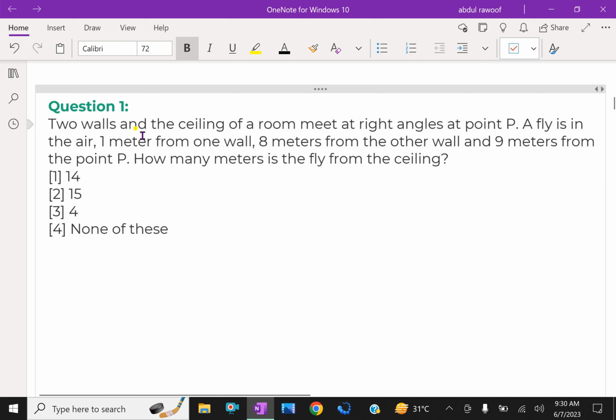Two walls and ceiling of a room meet at right angles at point P. A fly is in the air 1 meter from one wall, 8 meters from the other wall, and 9 meters from the point P. How many meters is the fly from the ceiling? Here,